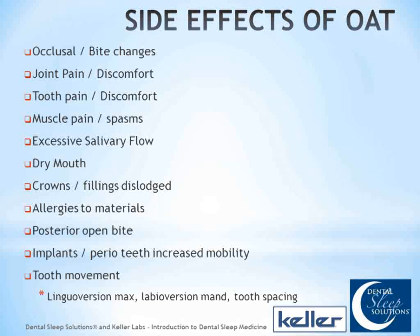What are your experiences with that, Rich? Usually the side that's hurting is the side that needs to go forward, is my experience, but not always. I don't remember who I took a course from one time, but they said the side that's hurting is the side that's hitting. Right. So with a TAP, a lot of times we'll put a TAP in and we don't pull the cheek back and look in the back. If we don't seat that thing all the way down, one side may be up a little bit, and what we're doing is kind of canting the jaw a little bit one way or the other. So remember, the side that's hurting is the side that's hitting,